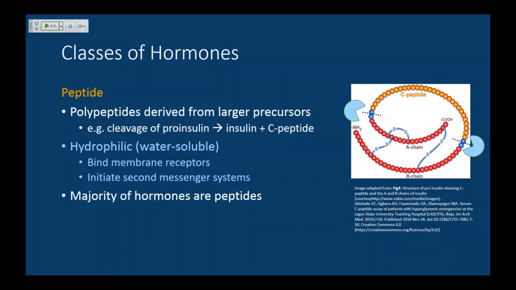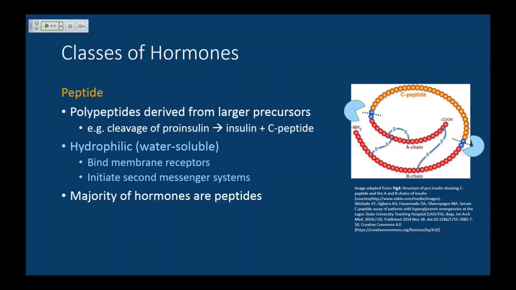If we think of insulin, which is a hormone, it signals various effects in the body. It's also a peptide hormone. Insulin is actually going to come from a larger precursor called proinsulin. And proinsulin is actually going to come from a larger precursor called preproinsulin. But for us, let's start with this. We have proinsulin, which you can see here. It's a large peptide. It's cleaved into the active form, which is insulin. And then we have a connecting peptide that we call C-peptide in the case of insulin.